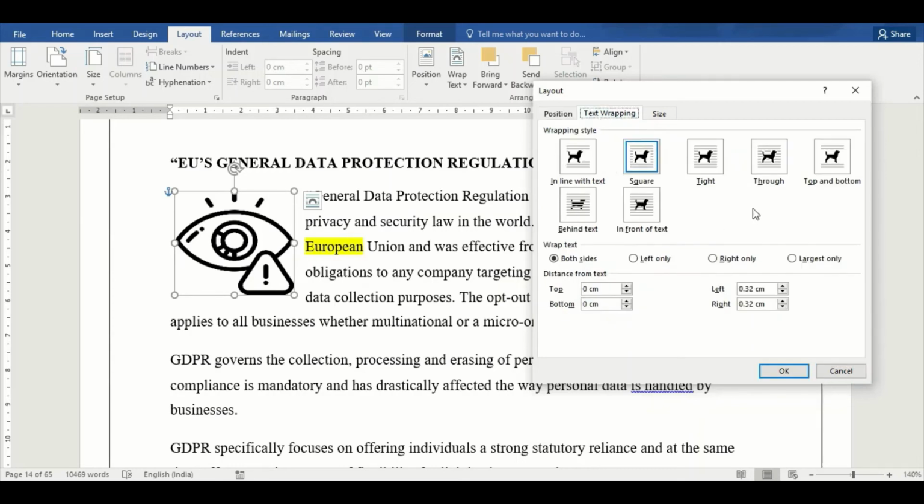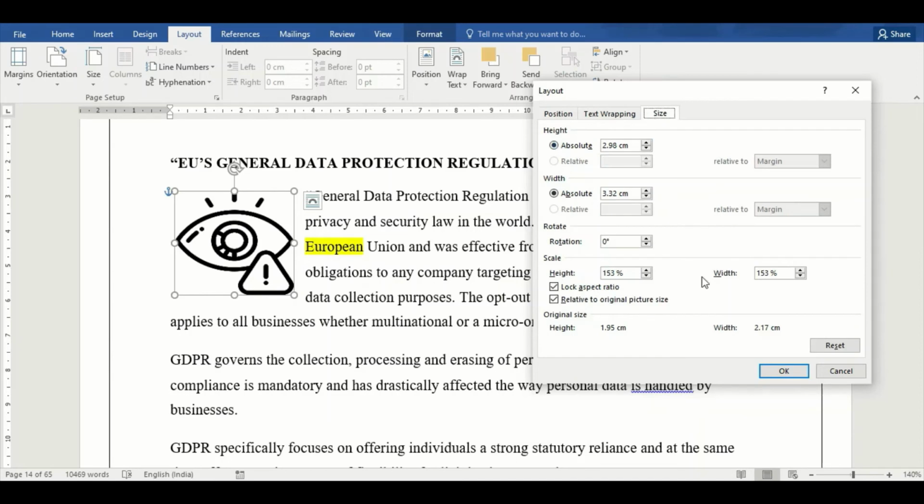The text wrapping options remain the same as were explained with examples before, but there are four options which appear here which weren't explained before, which is that you can wrap text on either both sides of the image or only on the left or right side. Both sides is the most commonly used, hence it is the default way the text is wrapped. And you also have the option of largest only, and we'll just click on it and see how it works. Also, you have the size options, which you can directly size the image from here, resize the image, sorry, from here, and alter all the image options as required.